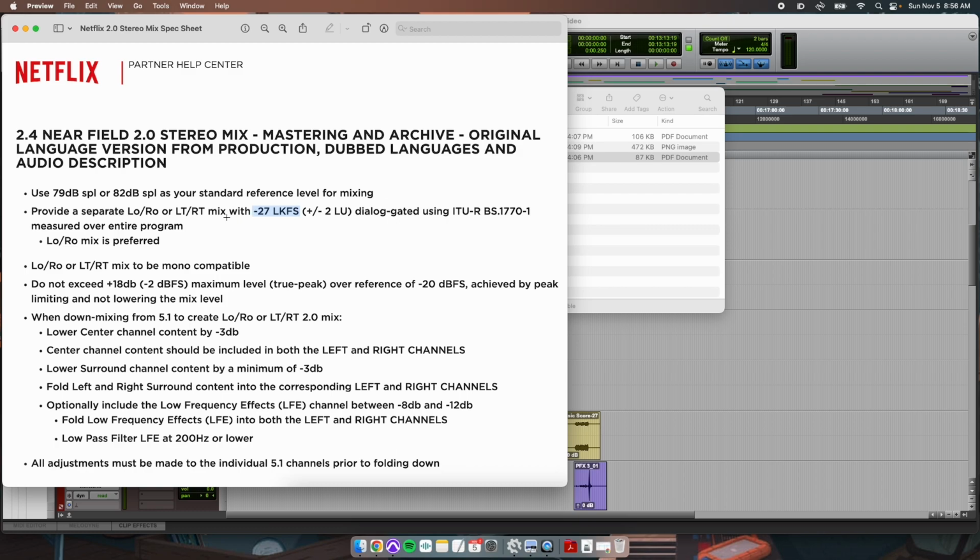But now notice how this one doesn't say anything about the average volume of the entire program. So they're just targeting dialogue, because dialogue to them is most important in the storytelling aspect of a film. So they want to make sure that everybody can hear the dialogue at the same level at home when they're watching Netflix. It just so happens, though, that if you target negative 27, plus or minus 2, negative 27 LUFS for all the dialogue in your project,